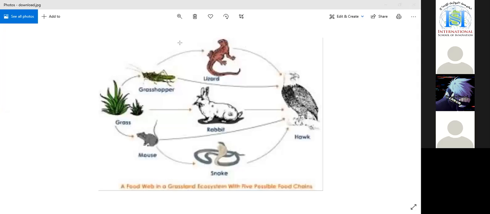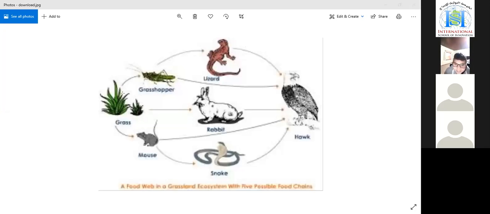The grass is eaten by the grasshopper. The grasshopper is eaten by the